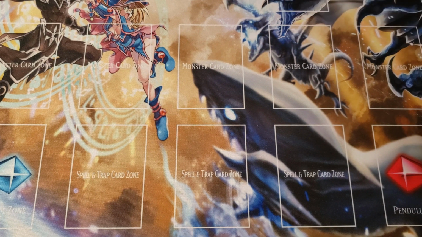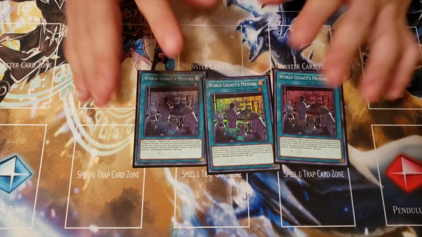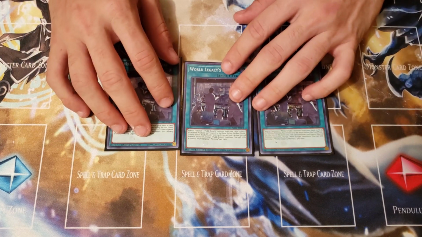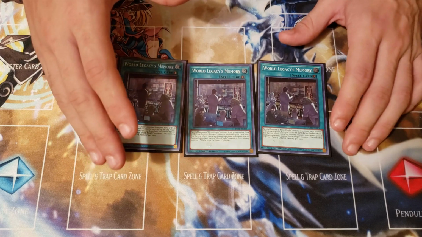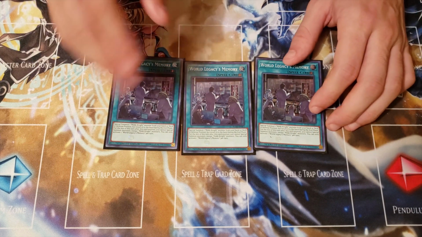Next up, for the spells, we have 3 World Legacy Memory. I would never recommend you to activate this on your turn. You should always activate this during your opponent's turn, usually in your draw phase, you're going to be activating this card, and basically what you're going to do with this